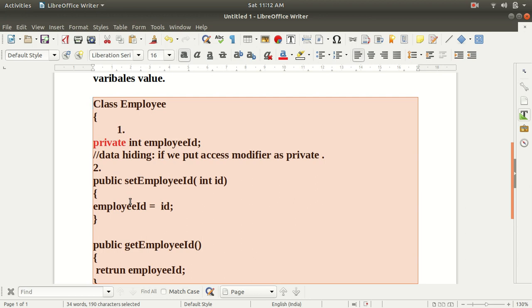And data hiding is a sub part of encapsulation. We do the data hiding by making our variable private. So here we are doing data hiding, and this whole process is called encapsulation. Here you can see that we are binding the variable and the method inside a single class, which is called encapsulation, right?